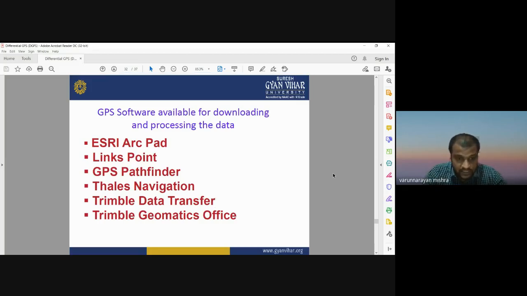Trimble data sets will not be supported by the Garmin software. The software only supports data if it is from the same company. So when you purchase a GPS receiver, the company will also provide you the relevant software to download and process that data set during the post processing of your data.